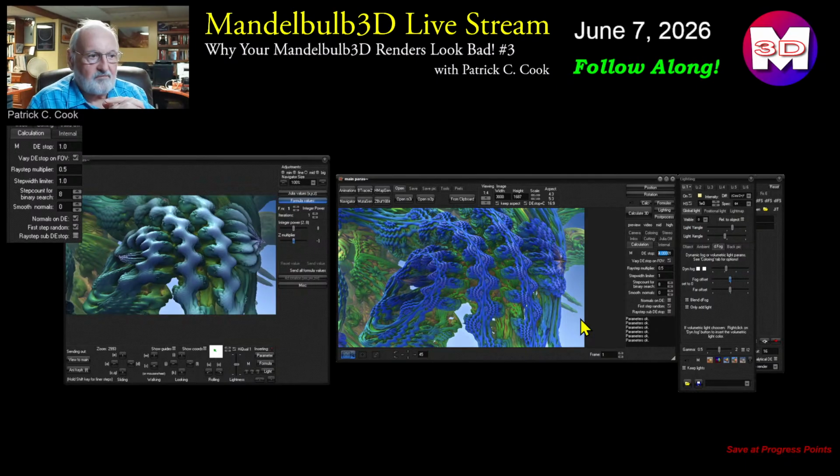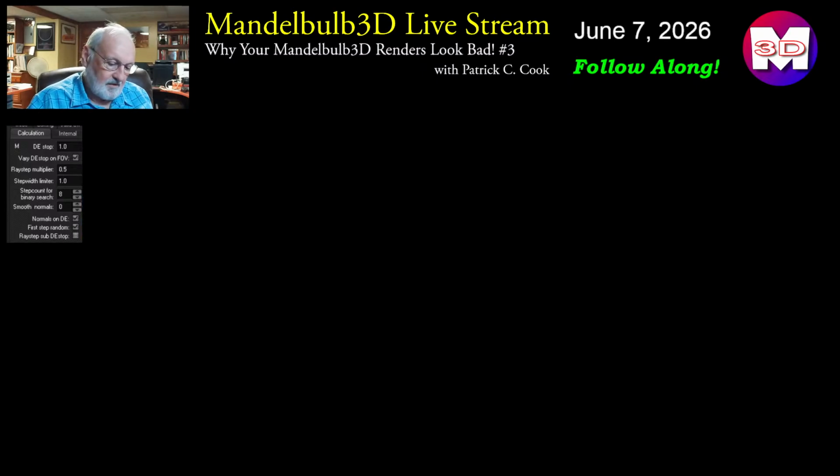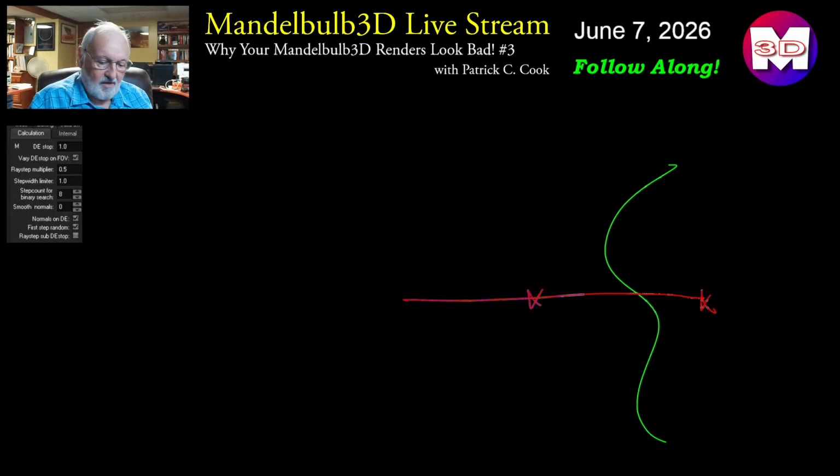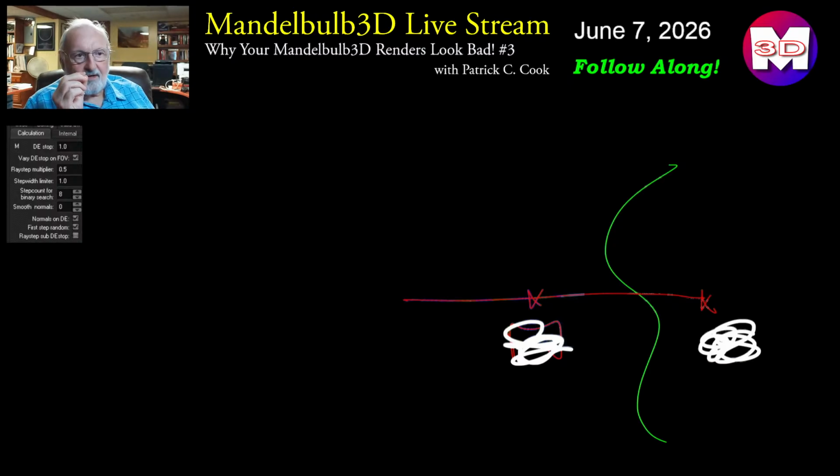You might have white dots all over the place, and the white dot is your fractal surface, and the ray overshot it, or the ray undershot it, and these could either be white pixels, depending upon where that ray landed, or they could be black pixels. Look, I'm drawing a black pixel. Huh? Okay, so artifacts